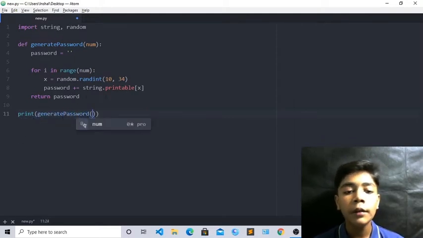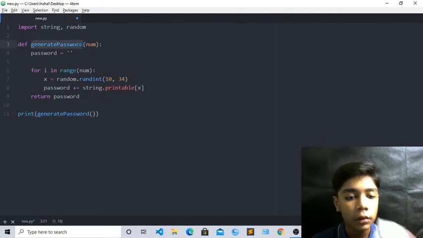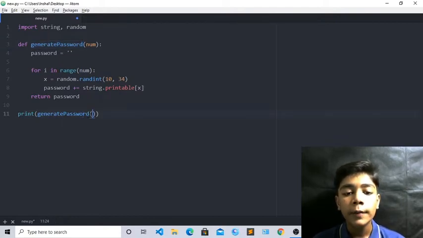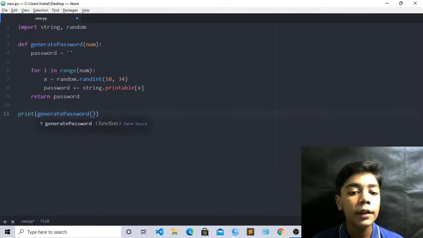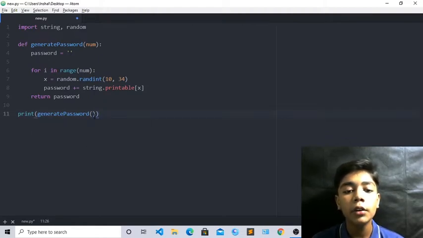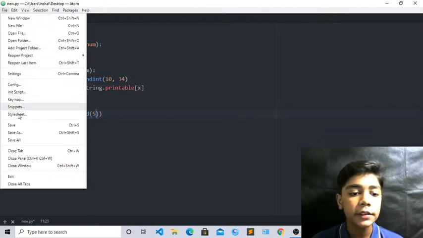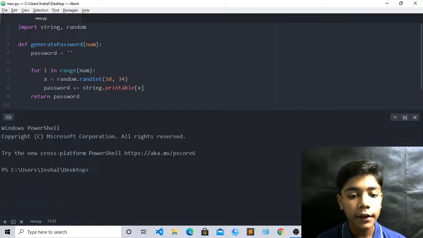because we have to generate password here. Now when you have written this generate password, like we have defined generate password here, in the end we also have to call this generate password. Now you can see I have written one more bracket. I have written that because in it you will write how many characters you want in your password. Like I will write here 5. Now if you do that, save it. Now go to the terminal here and write python new.py. Now just run it.